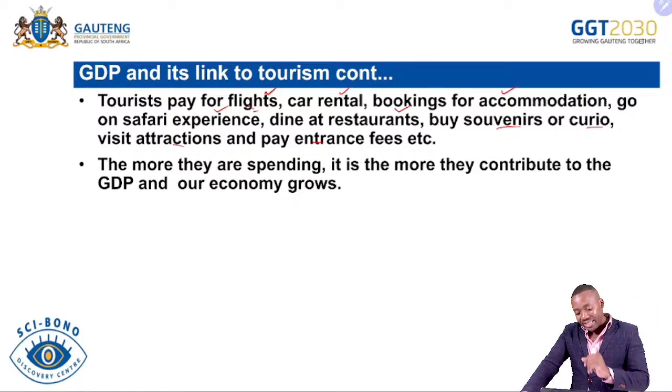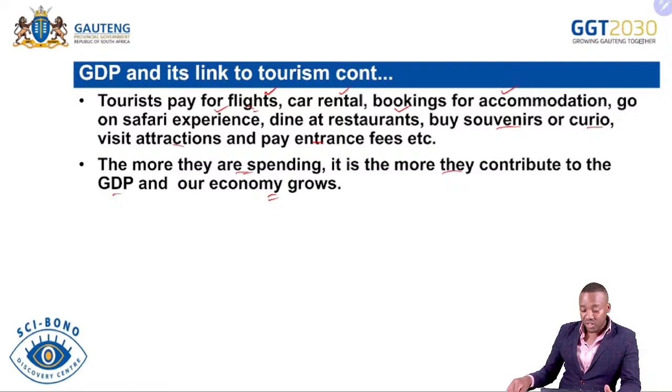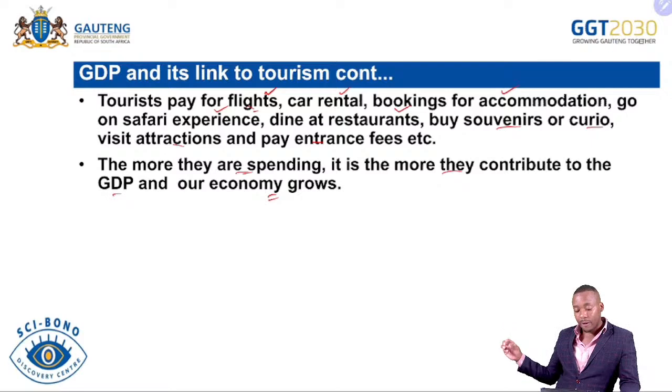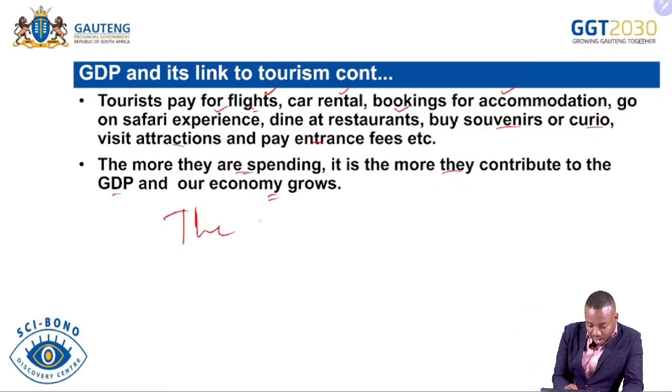And this spending, we are saying the more they are spending, the more they contribute to our country's GDP, and the more our economic growth. And remember, these are international tourists. So what are we saying here? Remember, international tourists or international markets, most of the time they come with air transport. Obviously, these are people from long distances. And the longer they stay in our country,